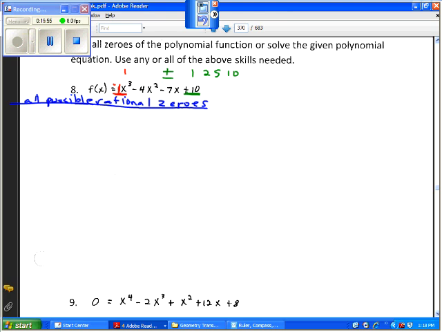We did plus or minus these, plus or minus the factors of the constant over the leading coefficient. And the reason we usually do that is that the constant is usually bigger, so it creates fewer denominators and it's easier to deal with. Okay? Sorry about that. And so we're going to have plus or minus 1, plus or minus 2, plus or minus 5, plus or minus 10,